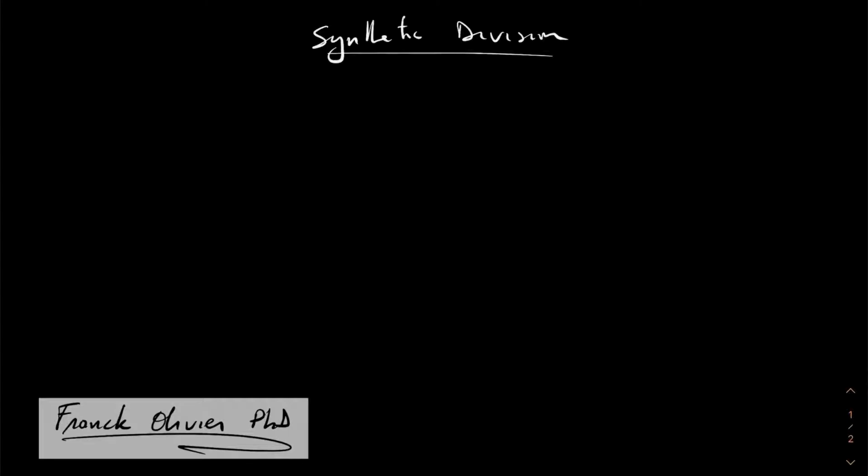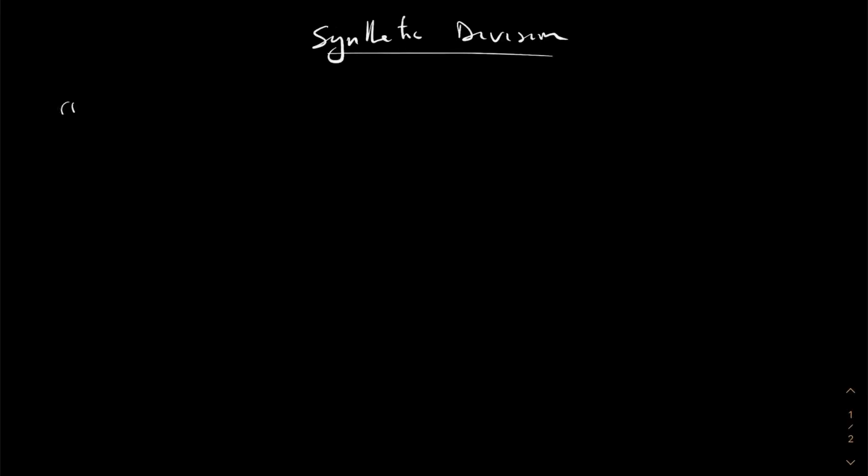So today we're going to be focusing on synthetic division of polynomials. And so let me give you a quick example. So if you had the function f of x equals x cubed plus 4x squared minus 5x plus 5 divided by x minus 3, if you had to simplify this rational expression, or in other words, divide these polynomials,